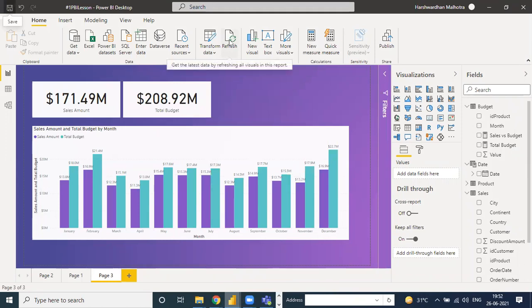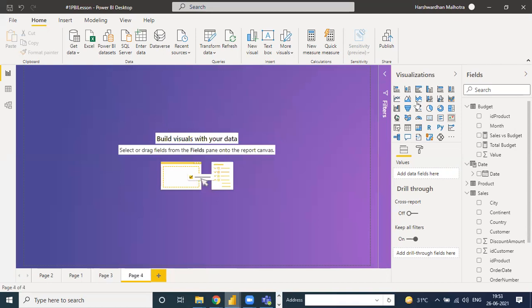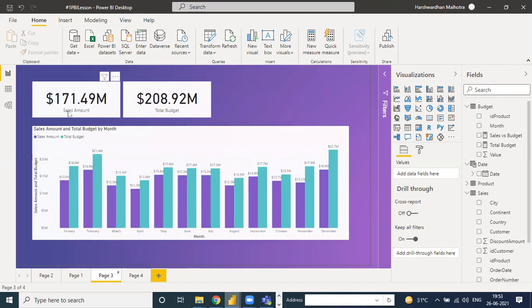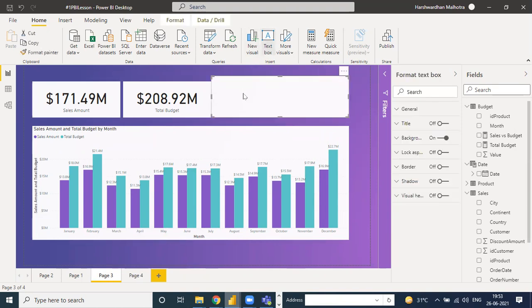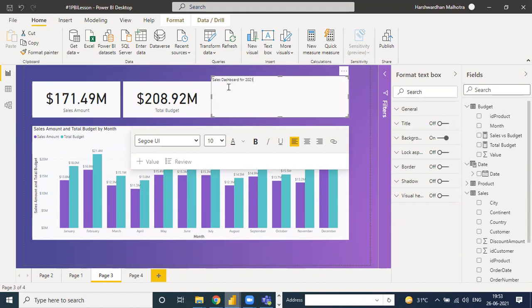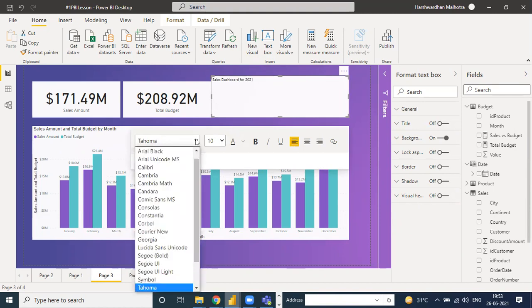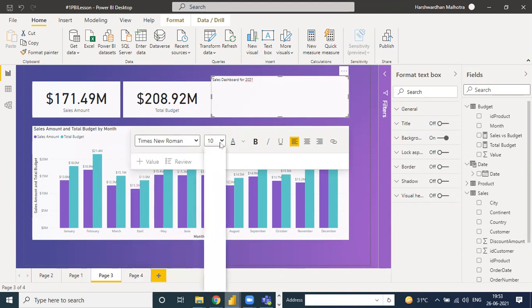Press refresh. Okay. Can we enter any comment, Harsh, here? Where? In this sheet. Here in this sheet, whatever you prepare year-wise. Yeah, you can enter any comment in this sheet, like sales amount, but not a comment. You can only add heading data. Okay. Here is a text box. Suppose you want to enter here the sales dashboard 2021. Then format according to your font or your size. Like it's 40.